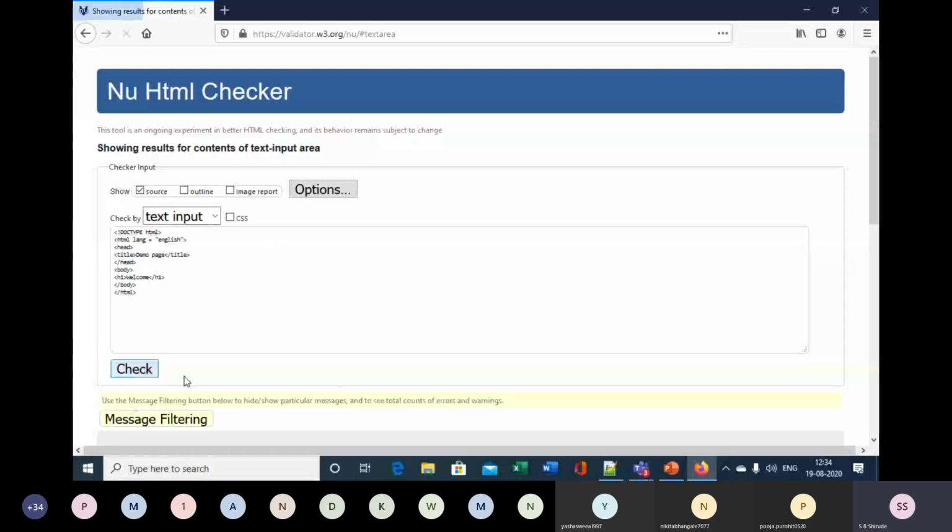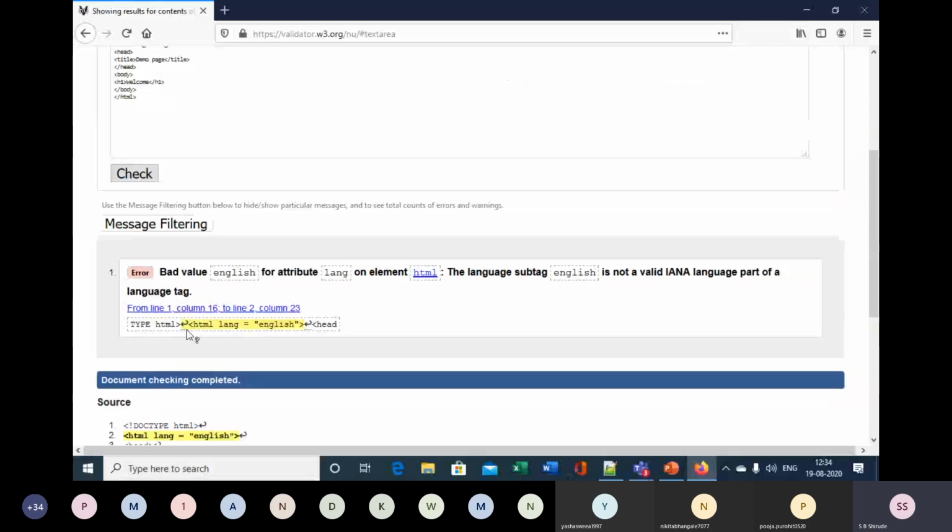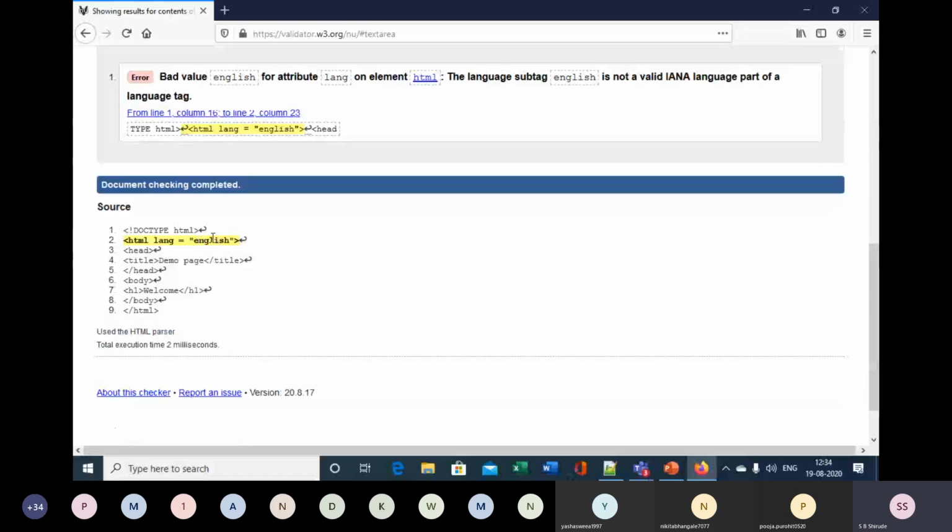Now there is an error from line 1, column 16 to line 2, column 23. The language subtag English is not a valid IANA language. Okay. So that particular language should be a valid one. So this English word is not valid. So I have to search for a valid language name.